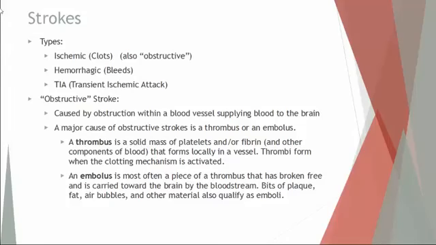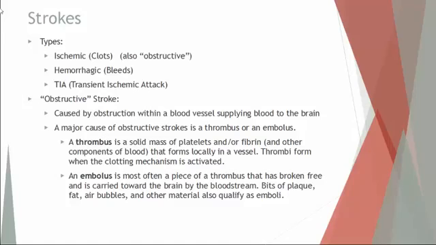This is where you have an obstruction or a clot preventing blood from getting beyond a certain point to the brain. So you can call it a clot or obstructive or ischemic. Ischemic means dead or scarred tissue, so that you are preventing blood from flowing to some parts of the brain. And whenever any tissue loses blood flow, that tissue will start to die.